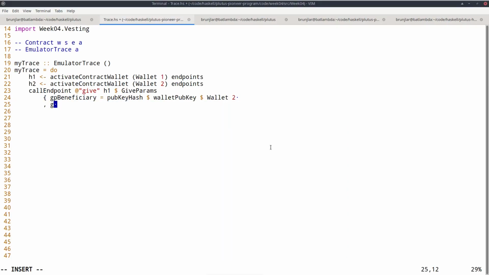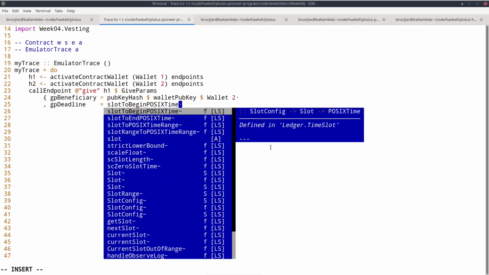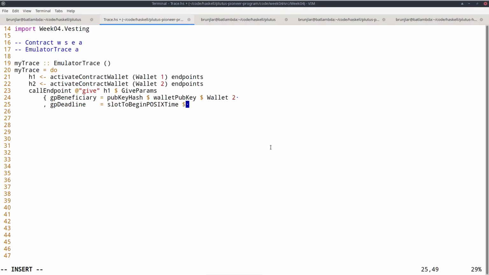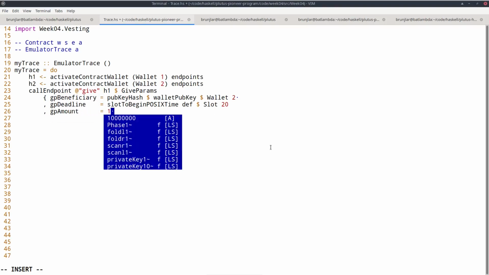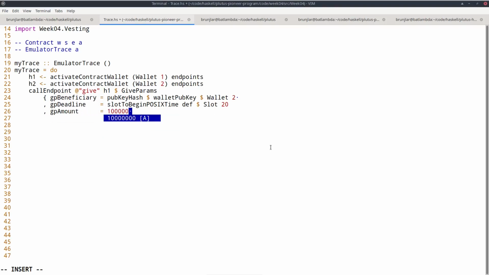Now the deadline, let's say slot 20, and the amount, let's say 10 ADA. Okay, so this will call the endpoint.